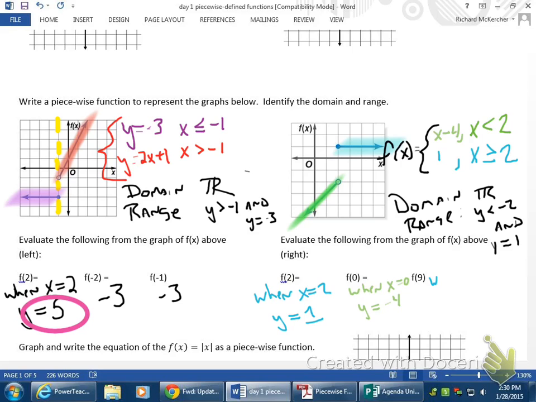When x is 0, I'm on the green graph, so y is -4. You can also plug in up here, because 0 is less than 2. I can plug in 0 minus 4 and get negative 4. And here on x equals 9, well, clearly 9's not on my graph, but if I keep following it, this arrow right here tells me that 9's up here somewhere, so it will continue to be on